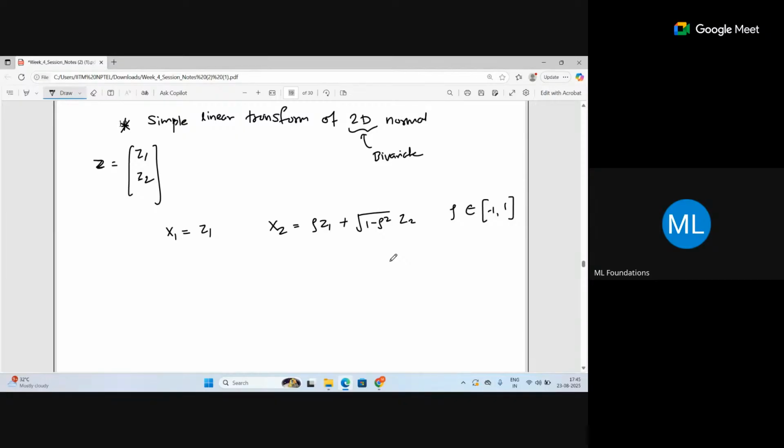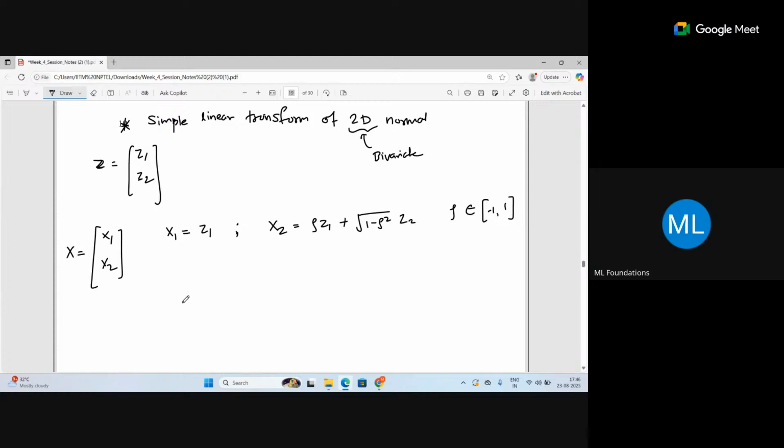Now this representation of these two random variables x1 and x2, if I wanted to write it in terms of a matrix format, how should I write it down? That is the thing. So let's try to see that. First of all, I'll define what is x. Previously I have defined z as a vector containing the random variables Z1 and Z2. Now I define the vector x as x1 and x2. Is that okay? It's again the vector of these two.